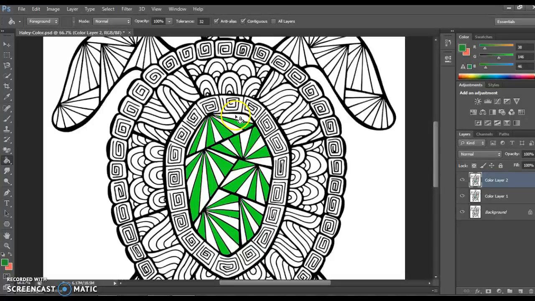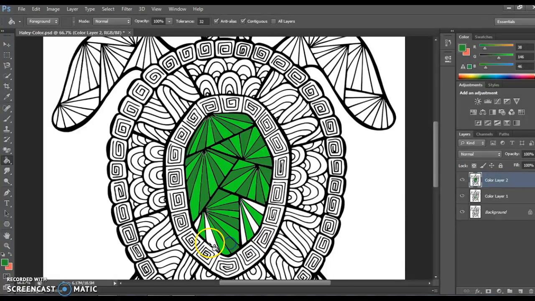Okay, for my cool colors, I want to stick to blues, greens, and purples or violets. You can, of course, add any neutrals in whenever you want. Those are your blacks, grays, whites, peaches, all your neutrals. So I'm filling all of these sections in. And when I'm done with this section, I'm going to do the same thing where I'm going to create a